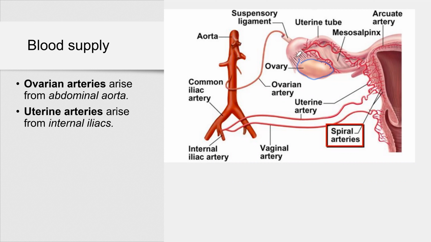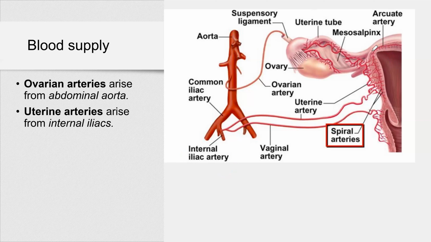And we have 2 more, larger blood vessels that supply the uterus, and they branch from the internal iliac artery. So it's a uterine artery right there, and vaginal artery. Well, vaginal artery kind of goes to the vagina. So it's a blood supply, I would say, not just to the uterus, but